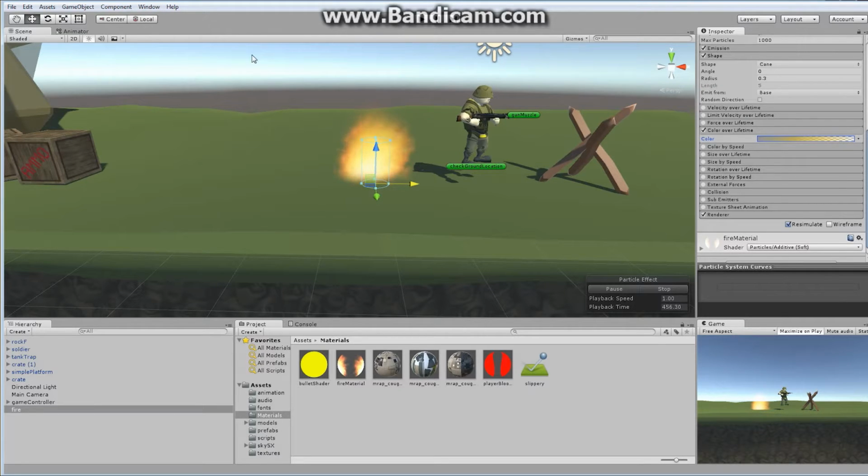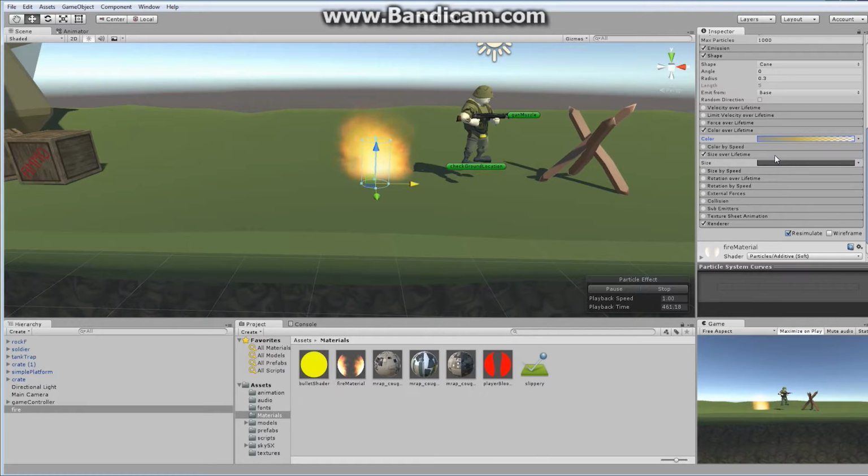I want the particles themselves, let's actually open it up, size over lifetime. I want the particles themselves to start off at their full size. So let's first of all take a look. What we've got here to work with is a curve. And I'm going to adjust this curve so that it looks the way I want it to look. And when this thing starts off, we have some different options down here. When a fire actually starts off, we start off with a nice heavy fire at the bottom, and as these particles move towards the top, I want them to get much smaller. So as their lifespan increases, I want the size of the